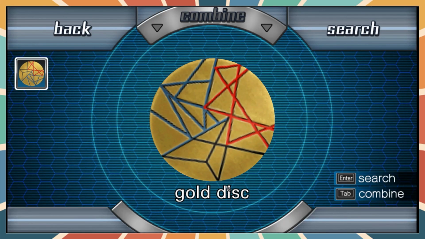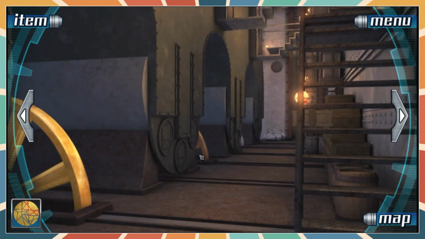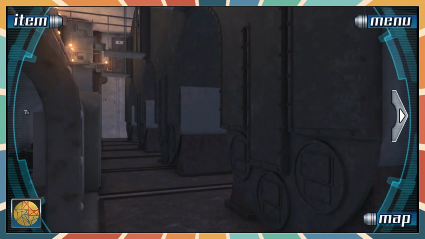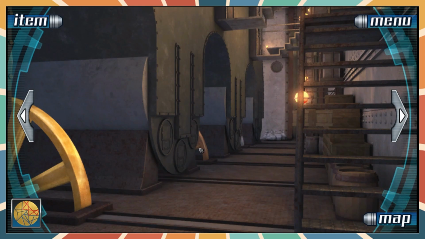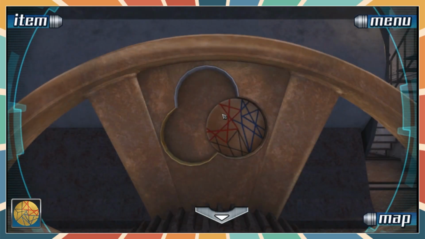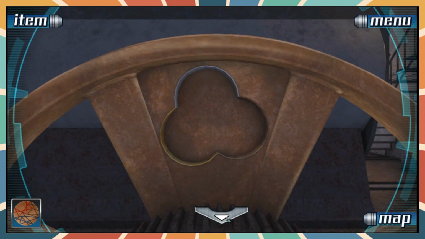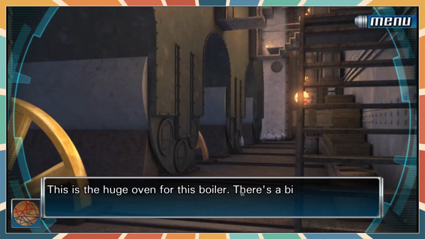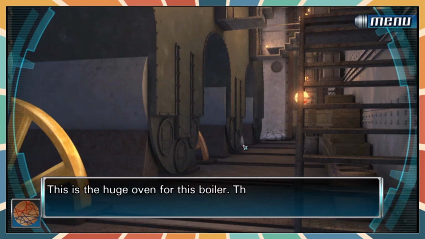Okay. Gold disc? Where are the other ones? Are they on a different floor? Oh, here we are. Bronze disc. Huge oven for this boiler. There's a big gear built into part of it. How do I get to...